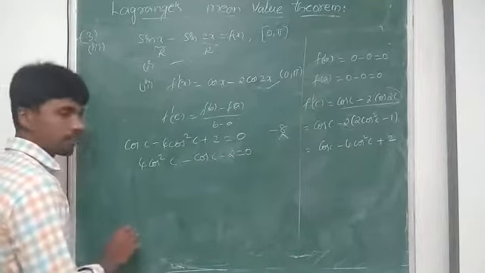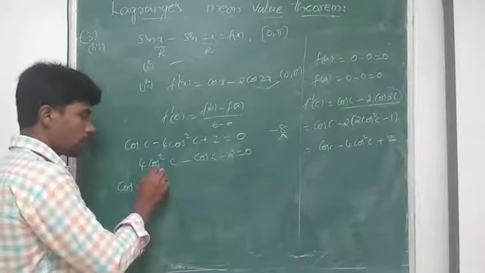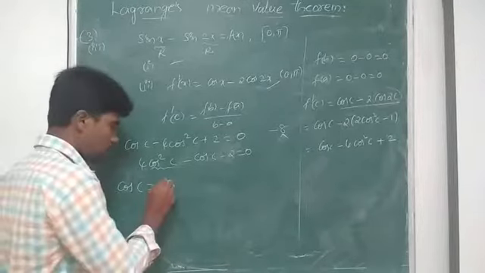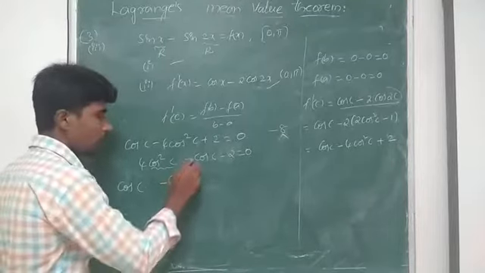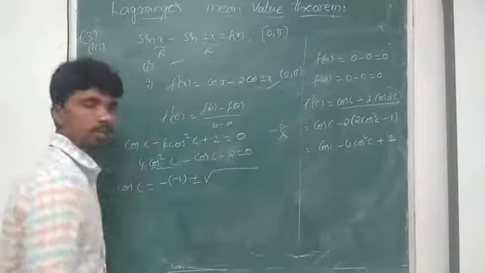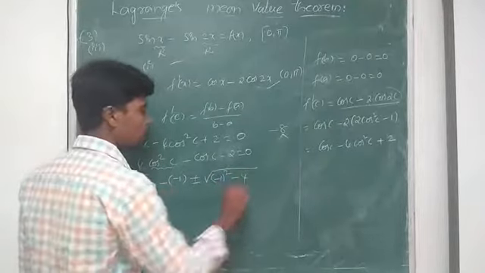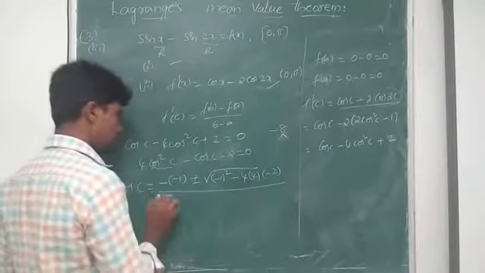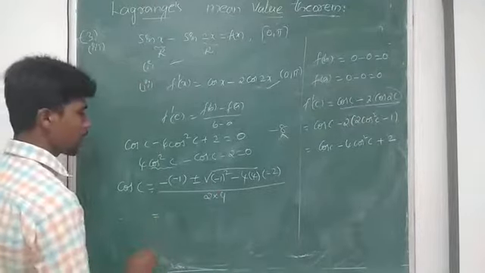In the quadratic equation formula, if it is defined in x, we take it as x, but this quadratic equation is defined in terms of cos C. So I have to take it as cos C. So cos C equal to minus of minus B, means cos C is multiplied by minus 1. So minus of minus 1 plus or minus under root B square, minus 1 whole square, minus 4AC, 4 into minus 2, by 2 into 4, since cos square C is multiplied by 4.